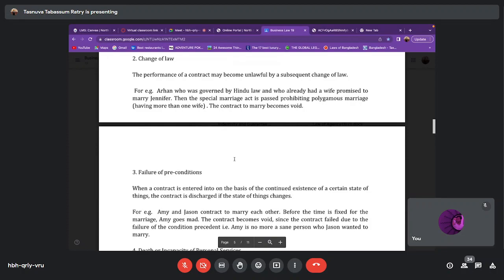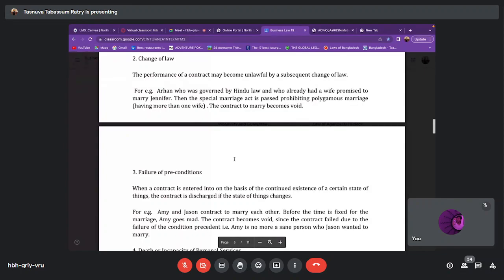So say a contract has been formed between the parties, stating that same-sex marriages are legal. As a result, the parties enter into an agreement under the Special Marriage Act to marry. Okay, marriage is also a contract. Now